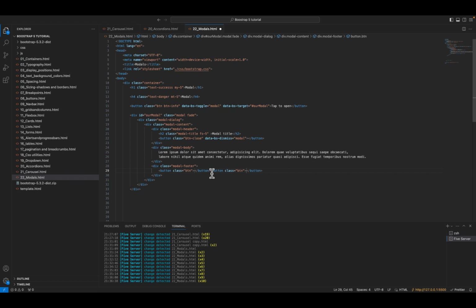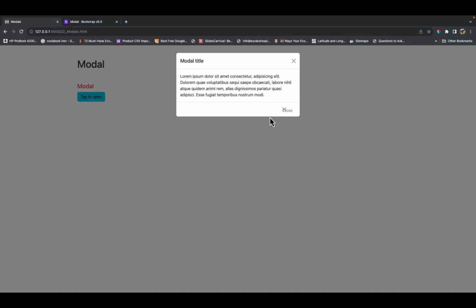This one is going to be a close button, and a data-bs-dismiss attribute of what are you dismissing? The modal, and we are going to call this close. And then btn-success, actually danger. If I save it and go see here,